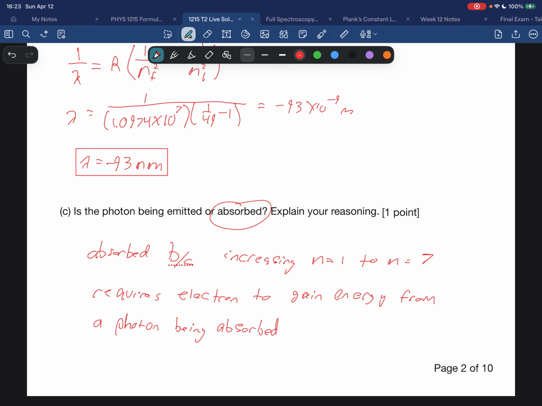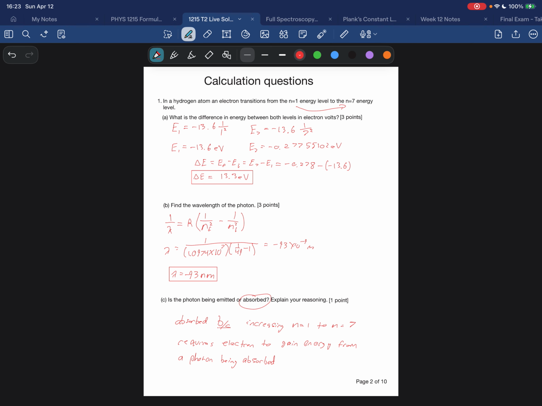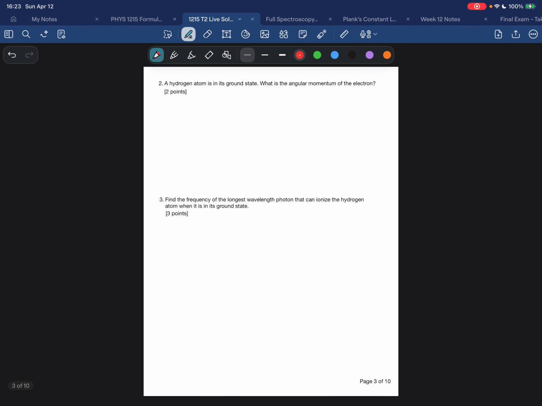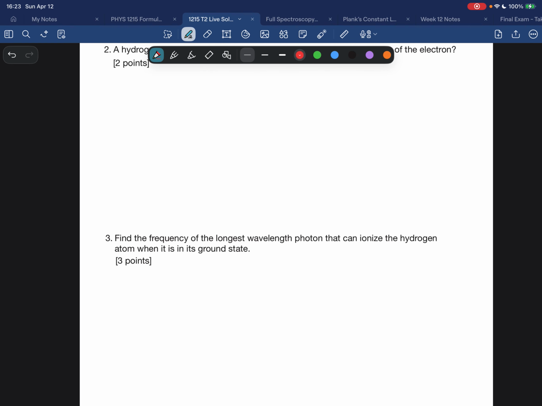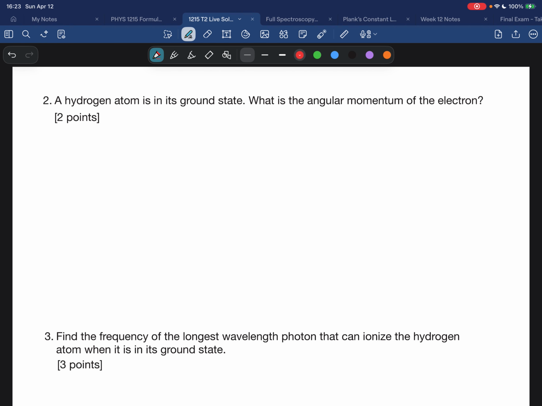So that was the first page here. Second page, number 2. A hydrogen atom is in its ground state. What is the angular momentum of the electron? So using our formula here, L equals nh over 2 pi. We are looking at the ground state, so n equals 1. So this just ends up being Planck's constant divided by 2 pi, which is actually just h bar,